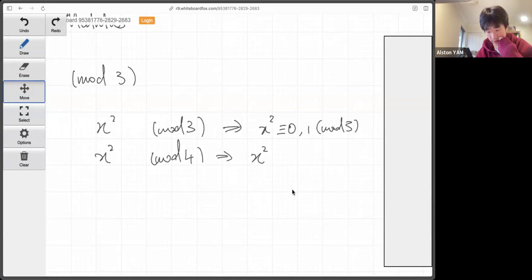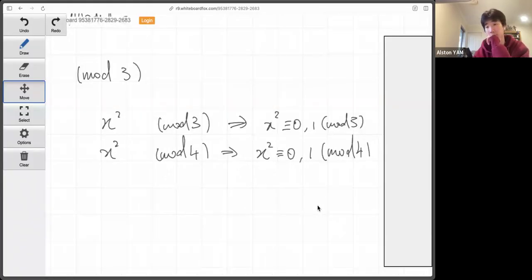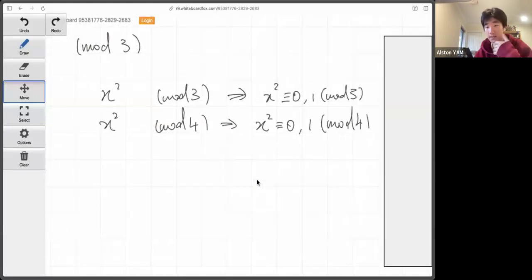And that will give you x squared is really only congruent to 0 or 1 under mod 4. So that's the two big ones you can think about when you do these kinds of equations. There's also another one I want to point out, which is less well known. So these two are obviously quite well known. If we analyze the cubes,